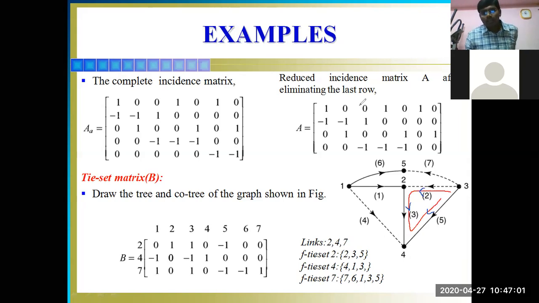Now coming to the addition of the second link. Now add a fourth link. If I add this fourth link, it forms a loop with these 3 elements. There should be only one link and one or more twigs. So this is okay. The direction is like this.